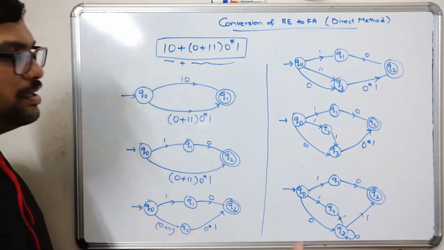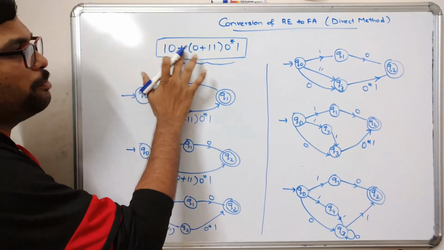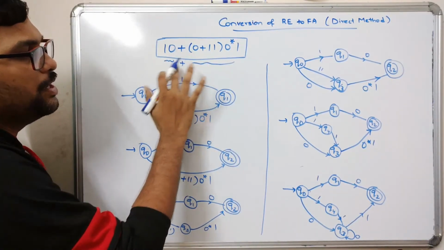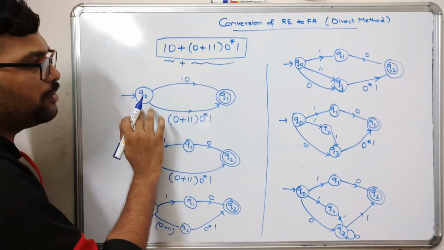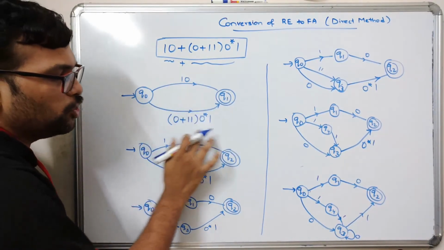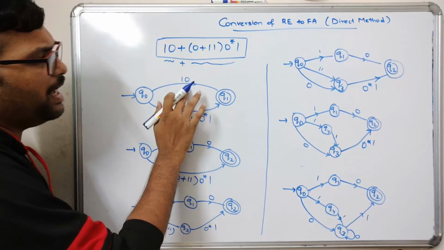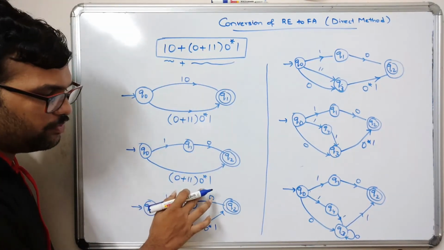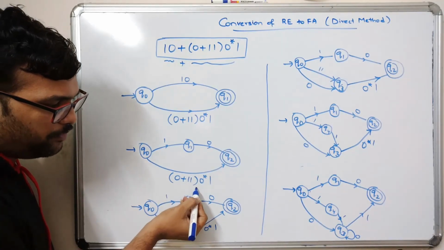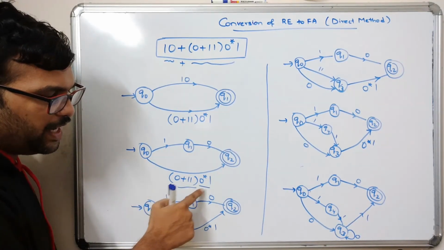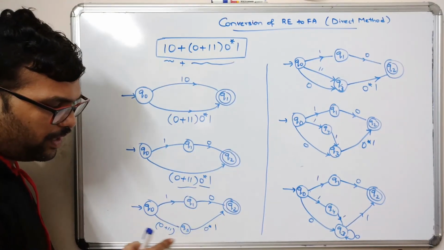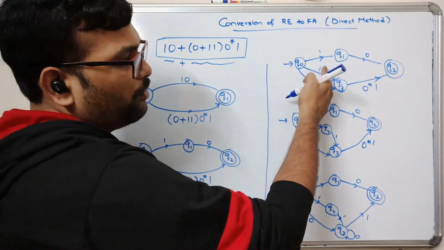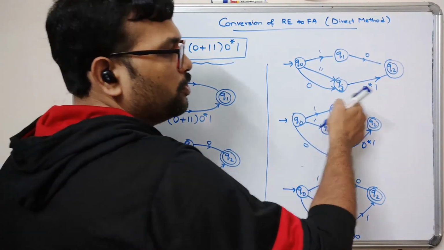So once again I am just explaining this one. So first, 10 plus 0 plus 11 0 star 1, just divided into 2 parts. So that is a union. So either the Q0 will reach Q1 upon 10 or 0 plus 11 into 0 star 1. Again expand this 10 with a concatenation, so with a new state, and again we are having this one. Again divide this one into 2 parts. So again this is a concatenation, again we have divided this one, and again divide this 0 plus 11, which is a union. So upon 11 or 0 it moves to Q3, and Q3 on 0 star 1 moves to Q2.